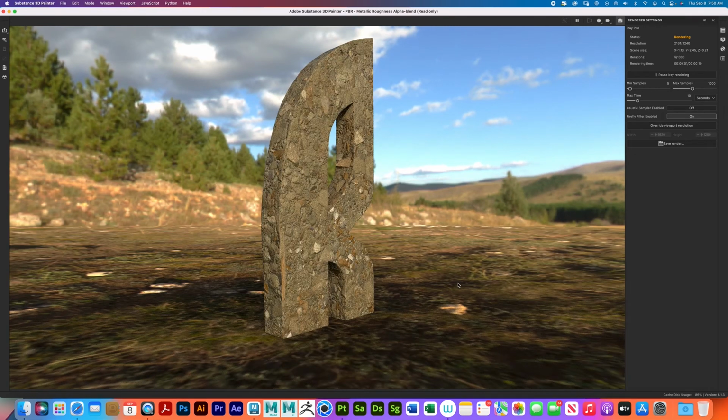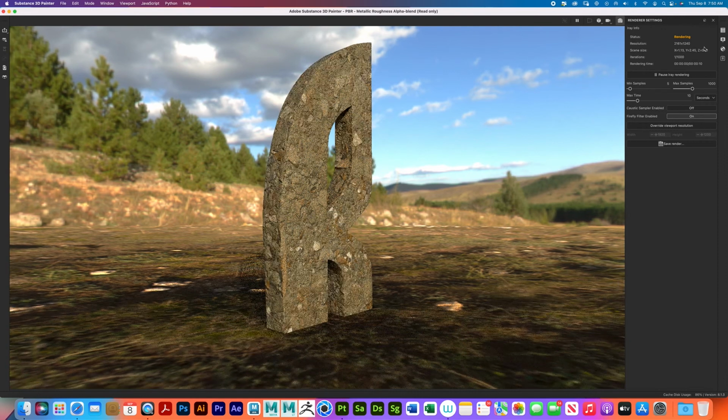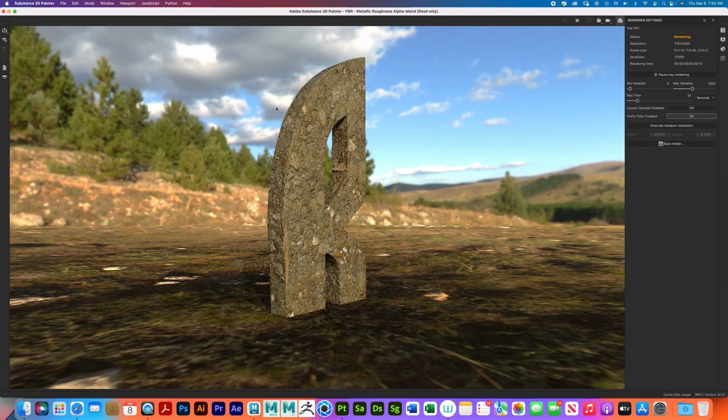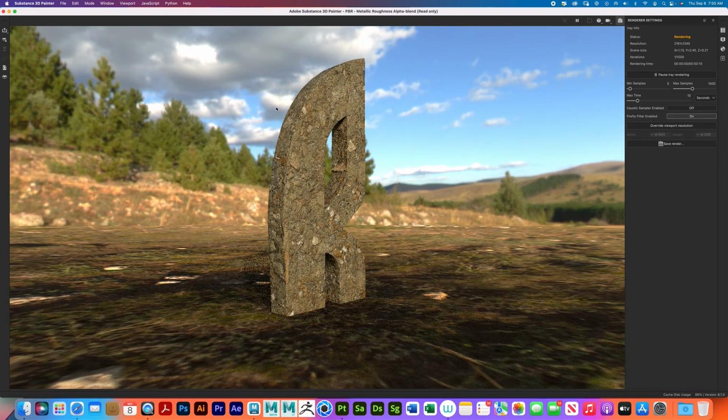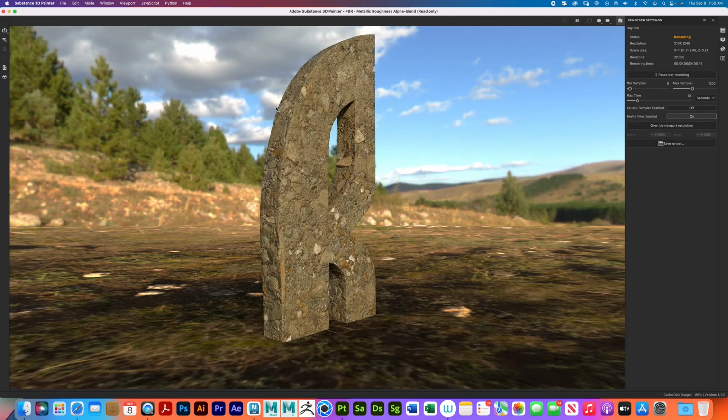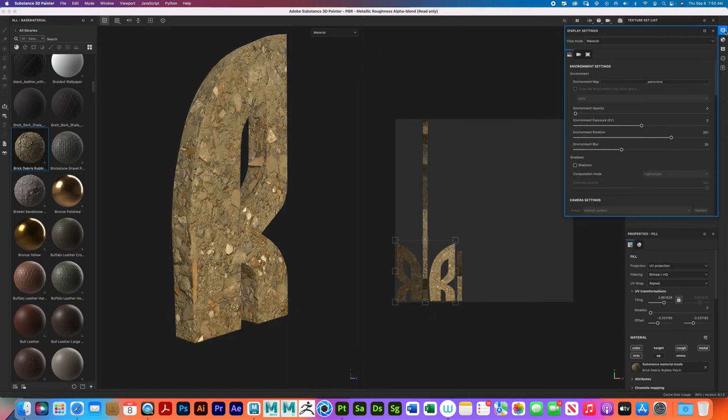Look at that. And this is not even fully rendered. This is just a basic 1000 sample. You can bring this up to like 5000 as a sample. There's other settings also. For example, if you wanted to see how much better it can look, there are settings in here like